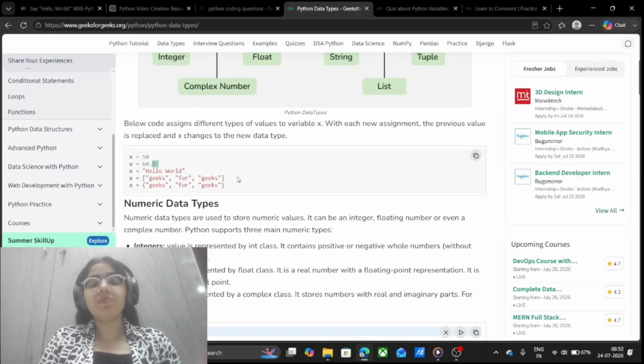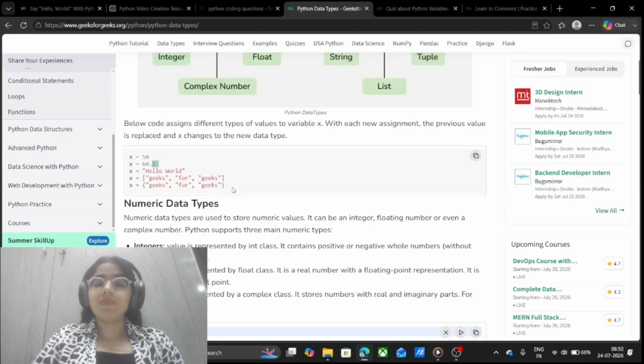When we print the value of x at the last, we are going to have x as geeks for geeks only, not the previous values 50 or 60.5,